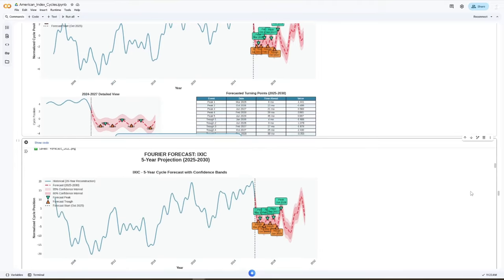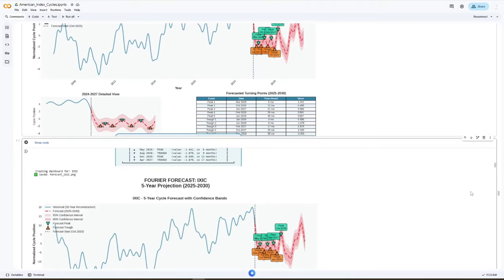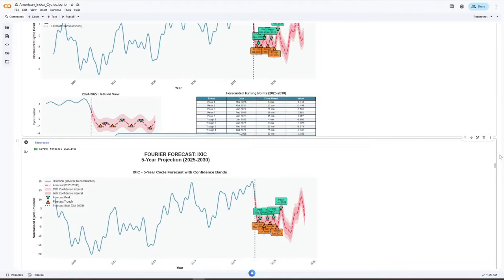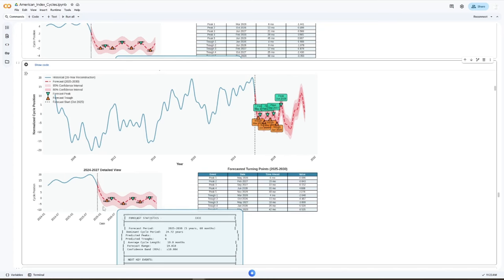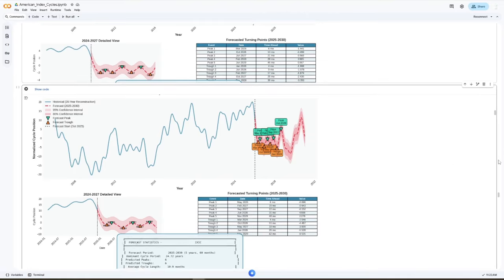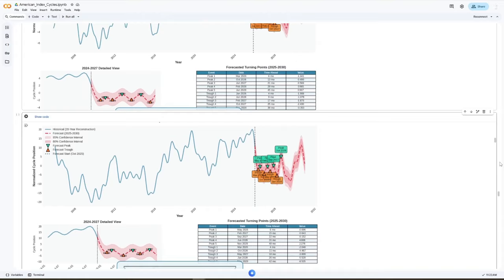So let's compare. Here, for example, we see that's the composite, that's the NASDAQ composite. It tells me immediately that we are going to have a trough in March 2026. Here, you can see here. And we are going to peak again, the upcycle, in May 2026. So it's reasonable, we want to match our model expectation to what the outcomes